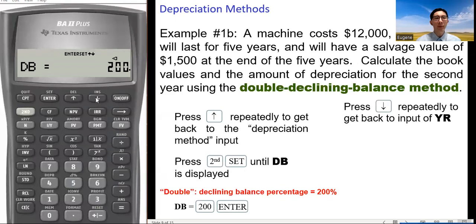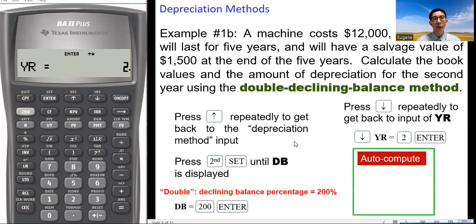We can press the down arrow key, confirming all the entries of LIF, M01, CST, and SAL. We want the information for the second year. So YR is 2.